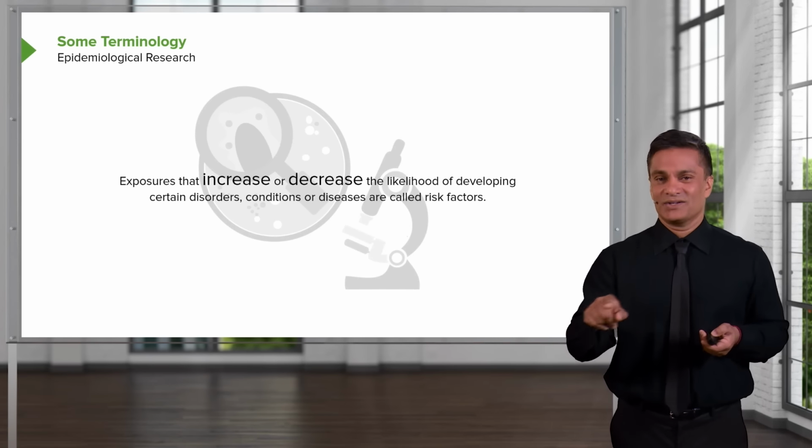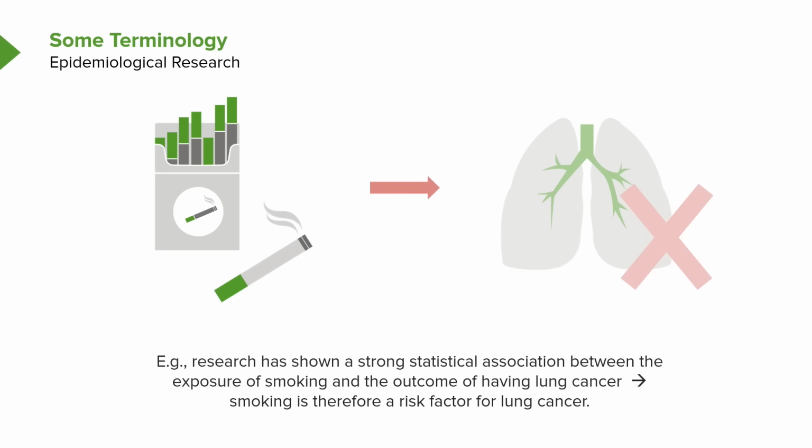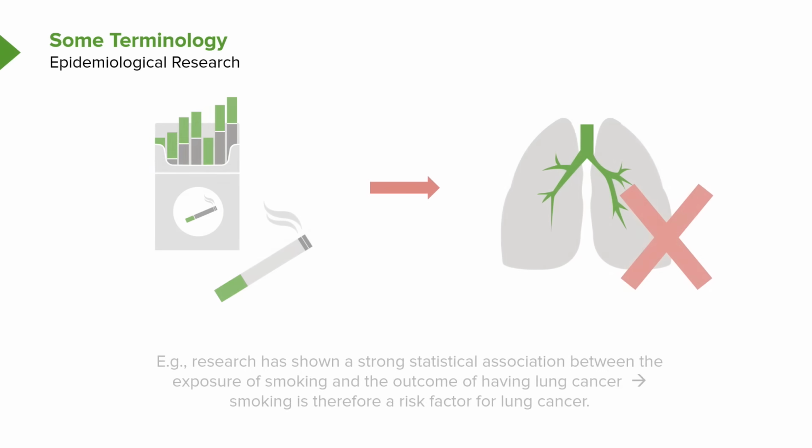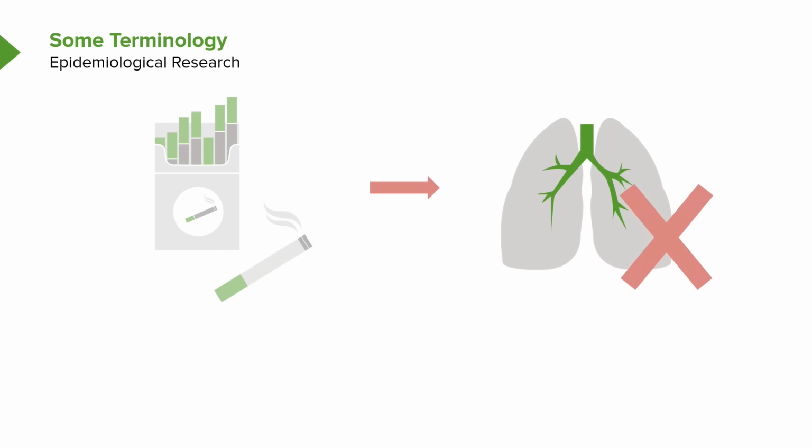For example, smoking causes lung cancer. We know this because there's a strong statistical association between whether or not you smoke and whether or not you are likely to get lung cancer. You don't have to know the science or the biology or the mechanism of how the smoking causes the lung cancer. It helps, it's useful. We recommend that we figure this out, but we don't have to know in order to have a public health intervention epidemiologically. I can control the risk factor and thus reduce the likelihood of the outcome.